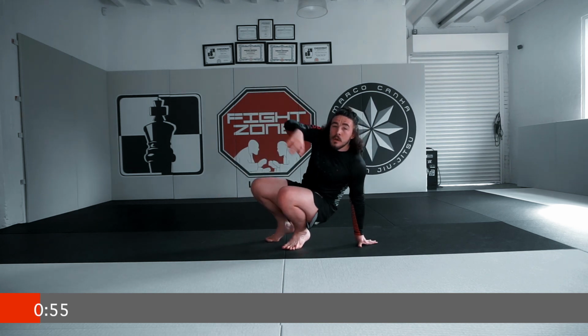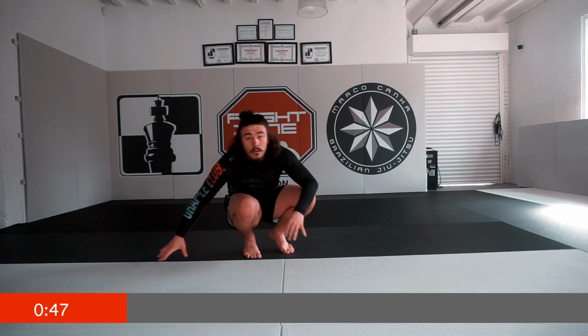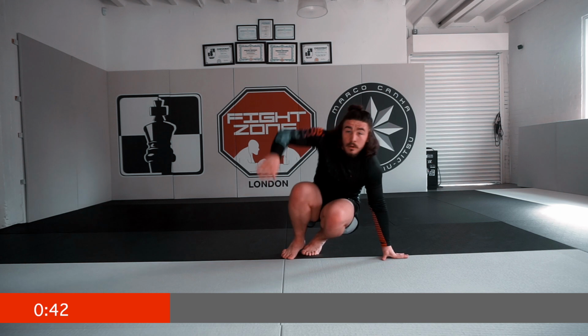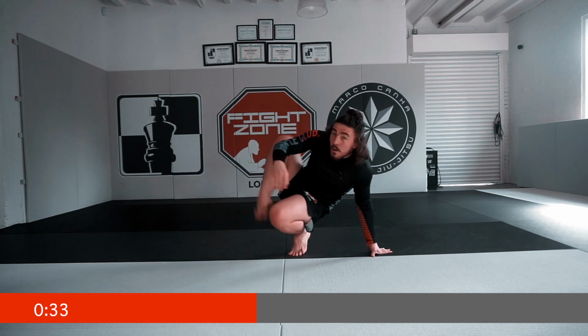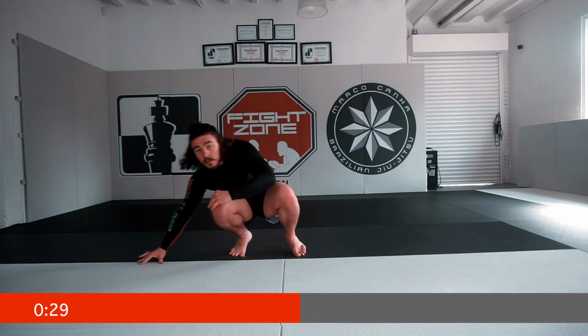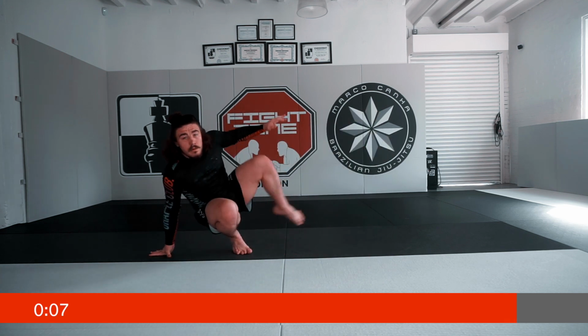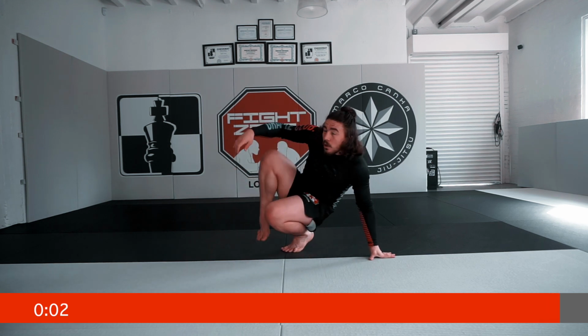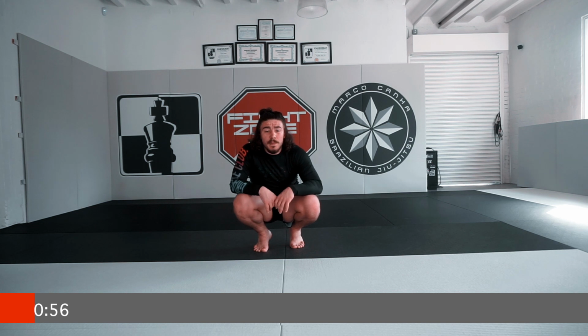Again, work on your balance here. Again, don't worry too much about the speed. Just focus on good technique. Nice work, guys. These hips should start to be opening up now. Good. 15 seconds. A few more reps in. Keep that circular motion up with the legs. And time. Nice work. Now, our last exercise we're going to practice for our guard passing series is going to